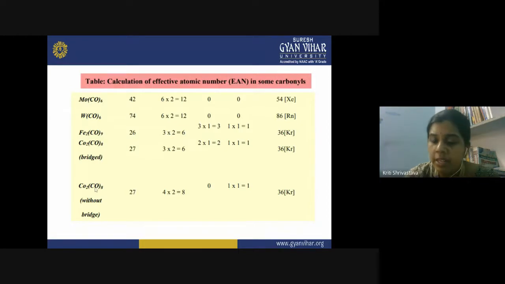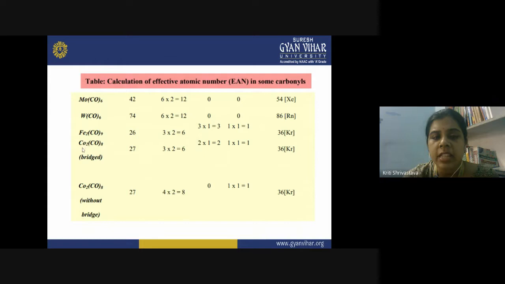Now, another important application is that you can identify the two isomers. In the previous lecture, we have seen octacarbonyl dicobalt. This carbonyl compound exists in the form of two isomers. In one isomer, which is in the crystalline form at low temperature, a bridging structure is present. But at high temperature, when it is converted into vapors, the structure does not contain any bridge. So these two isomers can be present in the case of octacarbonyl dicobalt. For both of them, we can count the effective atomic number.